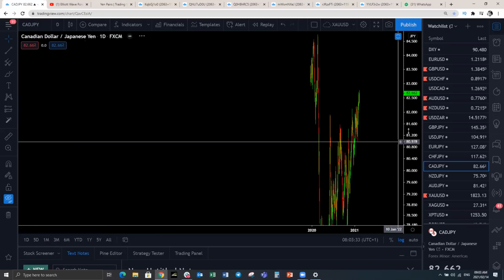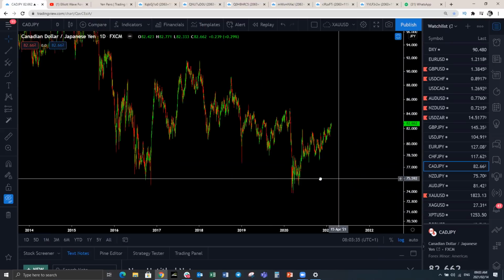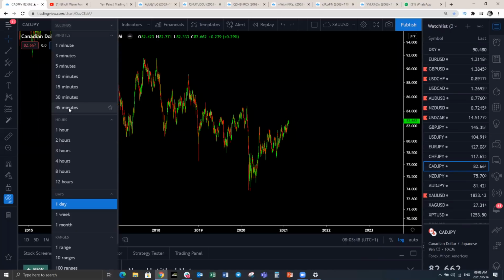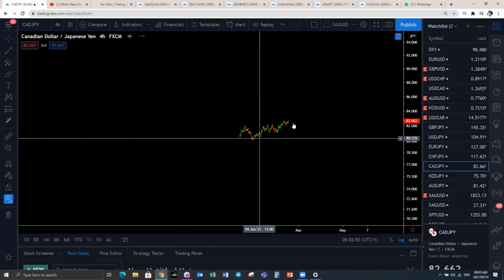There's no trade setup in the lower degree, but the daily is showing us continuation to the upside. This is coming from this 3 waves to the upside correction here, and we're looking for a continued move to the upside. So any continuation pattern on CAD yen, you take it in the lower degrees. That is the 4-hour. Let's have a look.